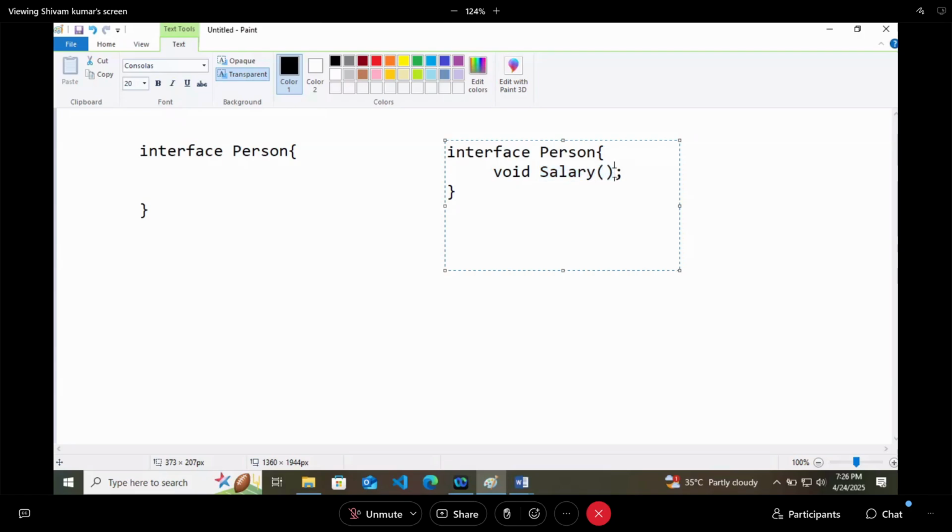There will be no method body. That is called abstract method. Whenever you are calling these interfaces, you have to implement their method.